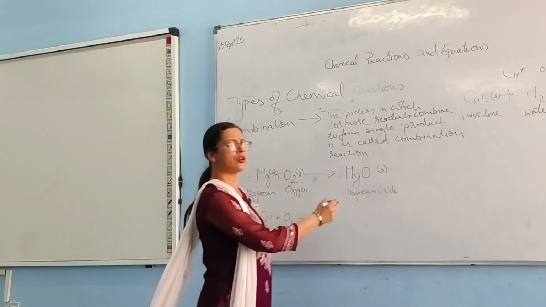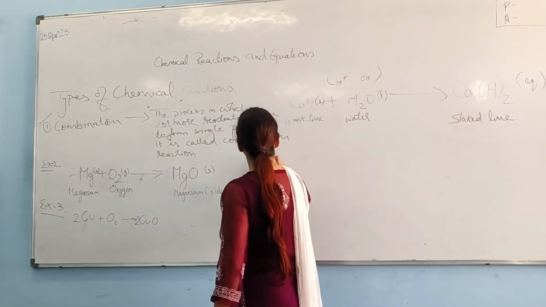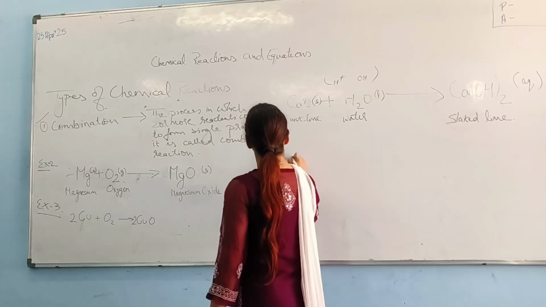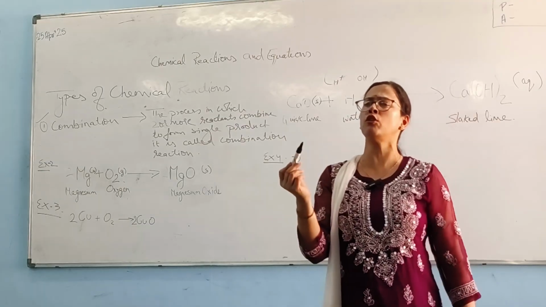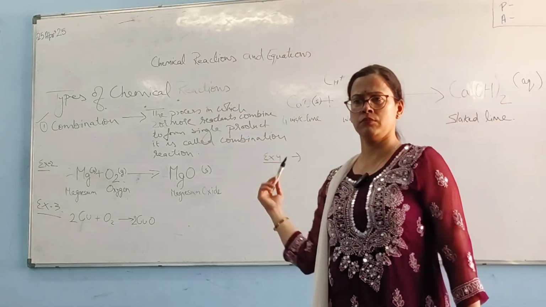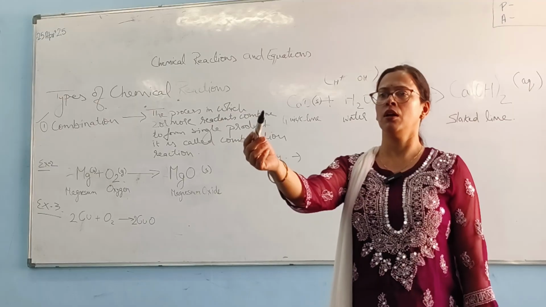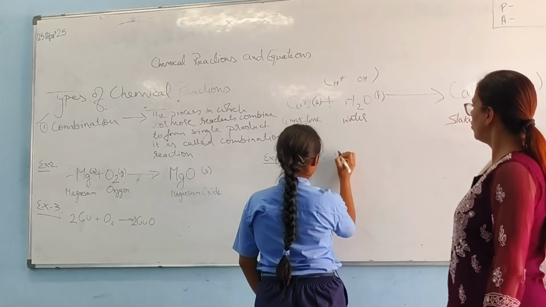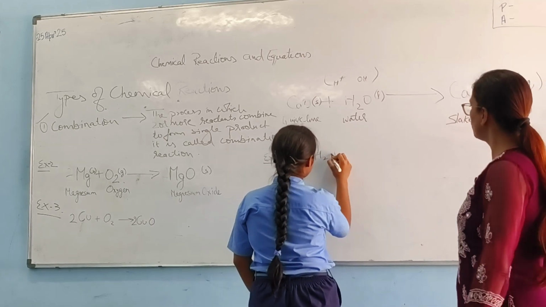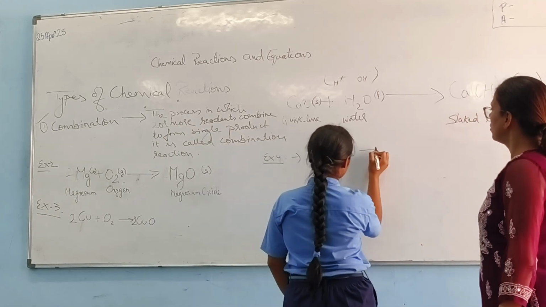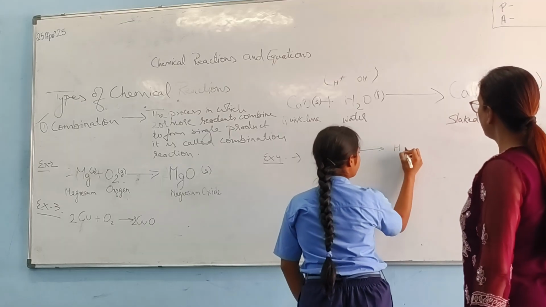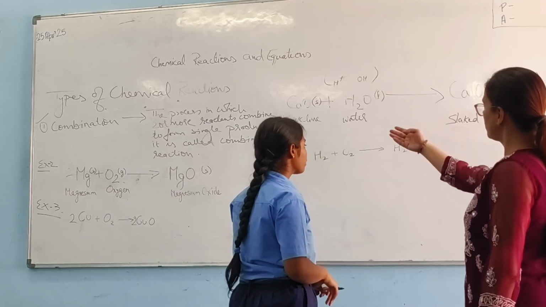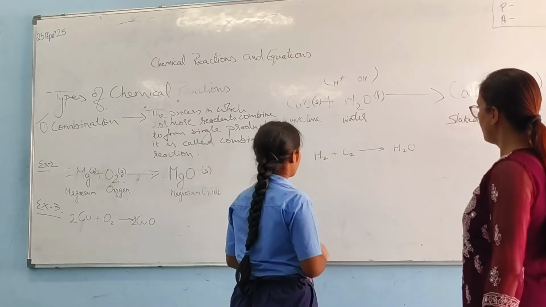Now in your textbook you have some examples. Ammonia. Example 4. Example 4, you have an example, formation of water. Prachi, come. Formation of water. Yes. And write the physical states. Hydrogen is